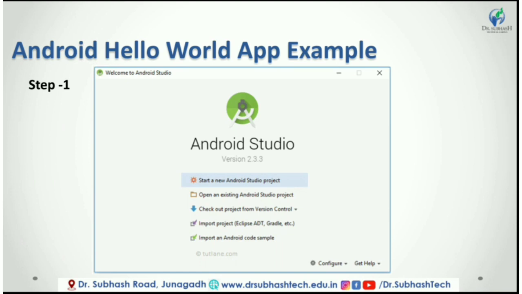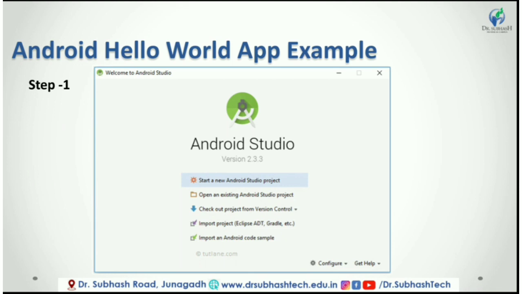If we select open project from the list of options, we can open projects created with either Android Studio or IntelliJ IDE. Check out from version control, we can check out a copy of projects that are under version control. This is a great way to quickly get up to speed with an existing project. To get started, choose a new project from the list of options.